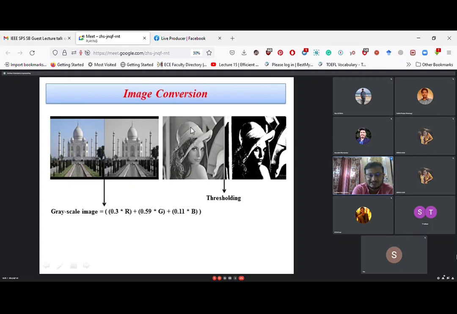Suppose this pixel intensity is 105, so it is more than 100, so it becomes 1, that is white. So if the pixel intensity is greater than 100, it will be 1. If it is less than 100, it will be 0, that is black. So all the pixel intensities are divided into two values, either white or black, 0 or 1. That is called thresholding.